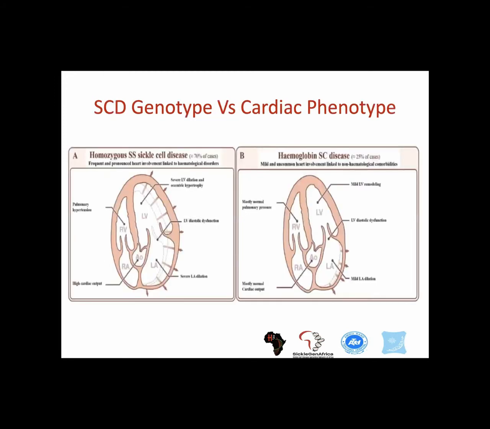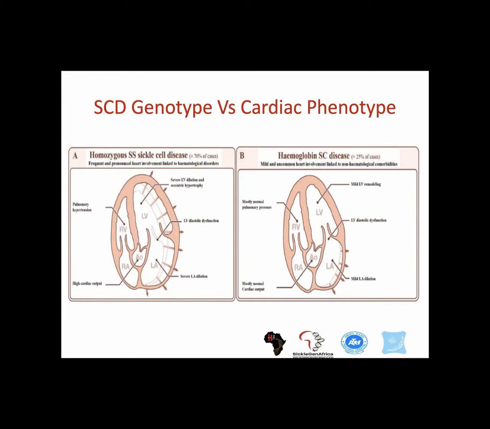Now, how does the sickle cell disease genotype affect the cardiac phenotype? We know that homozygous patients have much more hemolysis than patients with SC disease. And the SC disease characteristically has mild hemolysis, and therefore they also have higher hemoglobin levels, and therefore they have a lesser degree of heart disease. So homozygous patients are those that are mostly affected, and the disease, as you see in